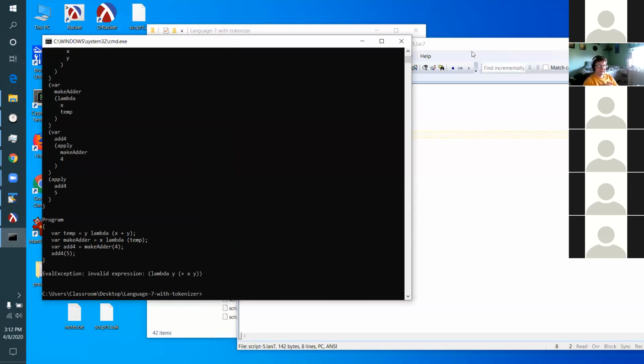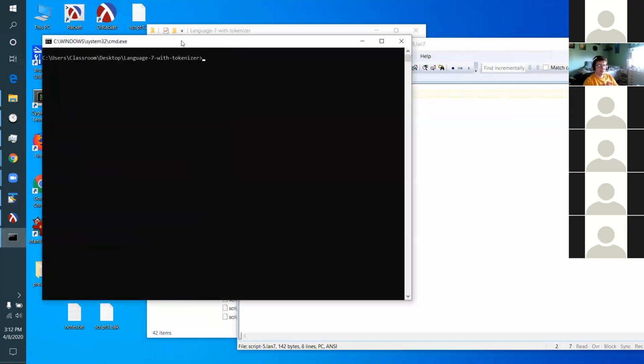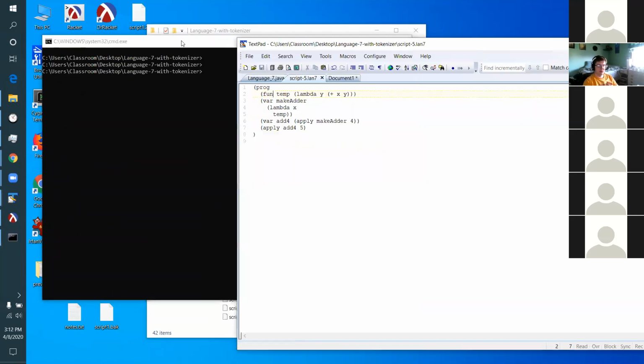Oh, I have to make this fun, right? I have to use the fun keyword here because it's language 7. So I can't use lambda there. I have to use the fun keyword there. So now let me try it again. Would you also need that for the other function? Oh yeah, you're right. So this one also is supposed to be fun. So function temp, function make adder, then